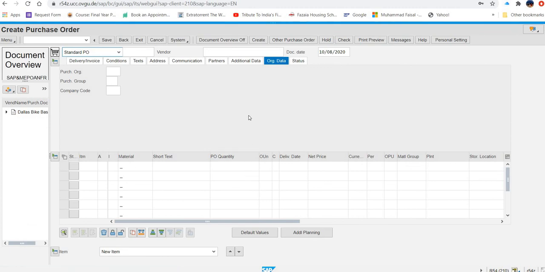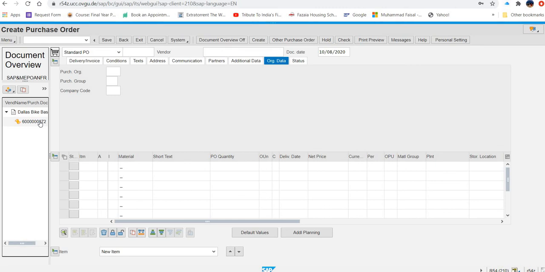Click the right part of the select layout icon, this one. And then change it to material number. Your names are there in alphabetical order. You can see here the vendor name, and under the vendor name, different document numbers are mentioned.